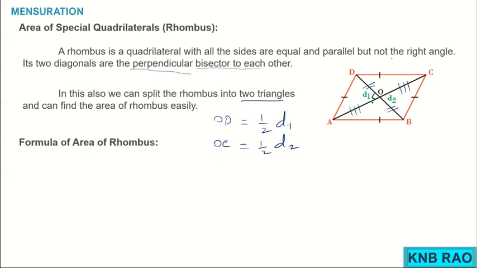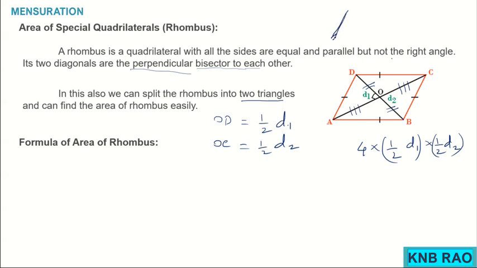Now, how many right triangles do I have? 4. All 4 are congruent. So, 4 into half into D1, half into D2, and these are the one way